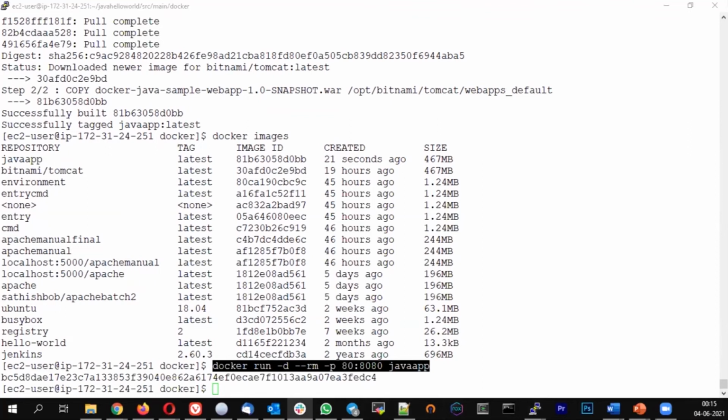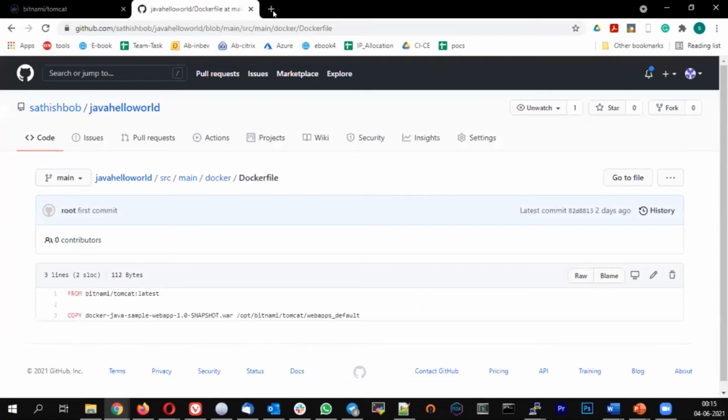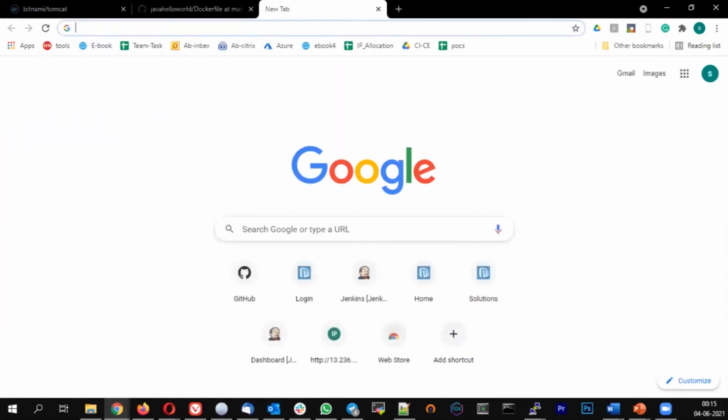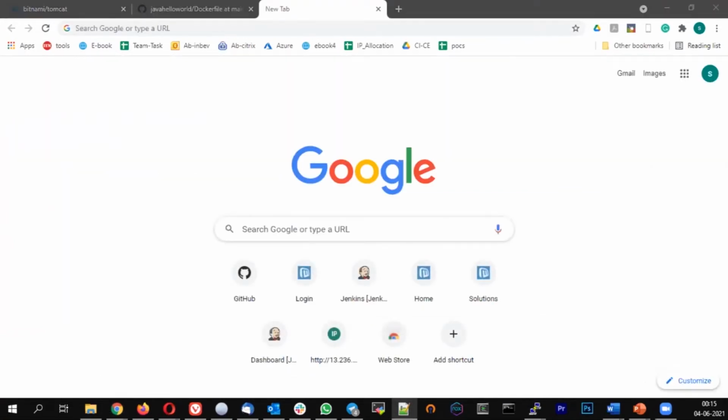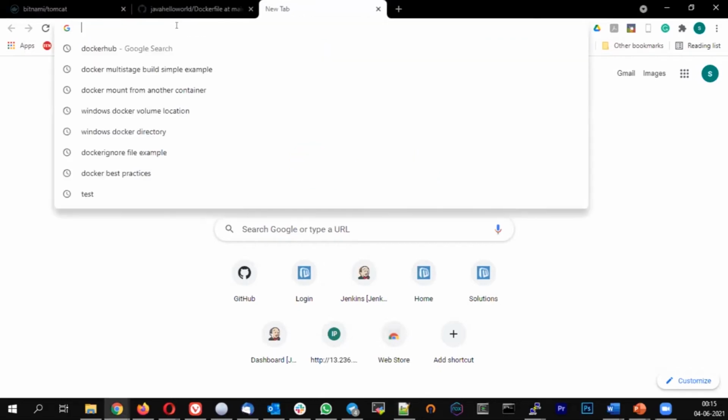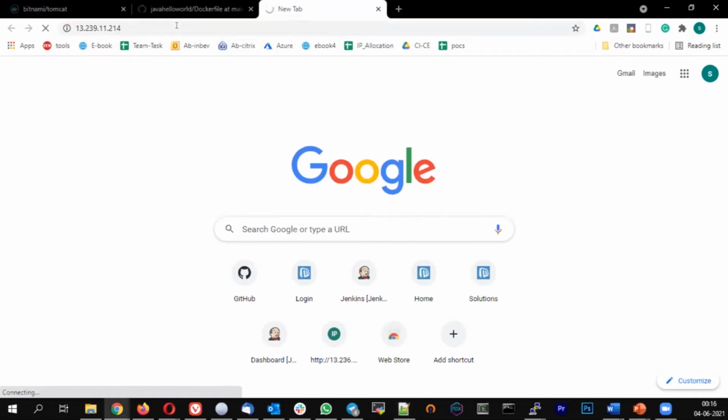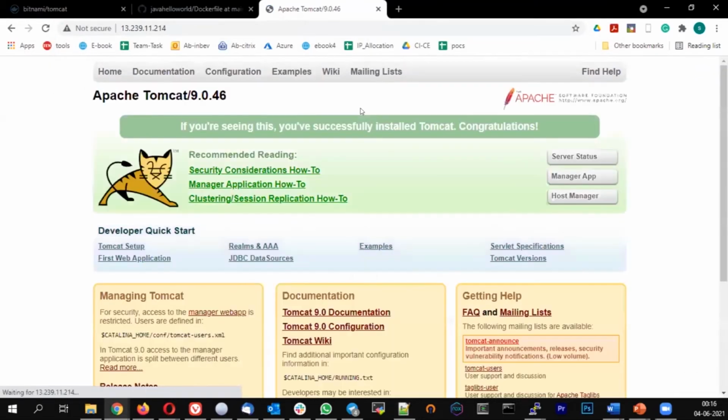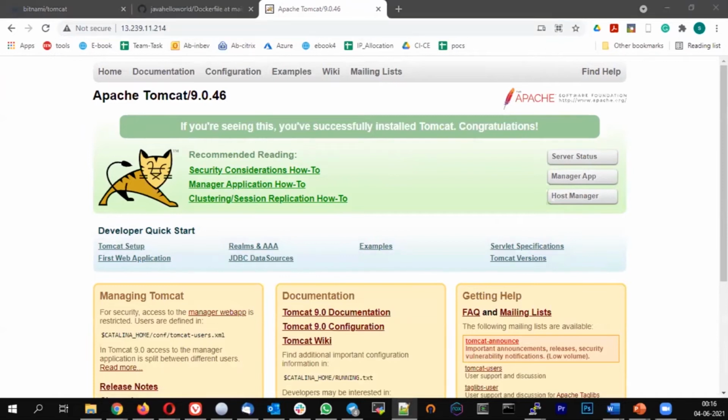Once you run this, if you open a browser and try to access the public IP, so this is my public IP, you should be able to see a Tomcat default page, and there my application is hosted under